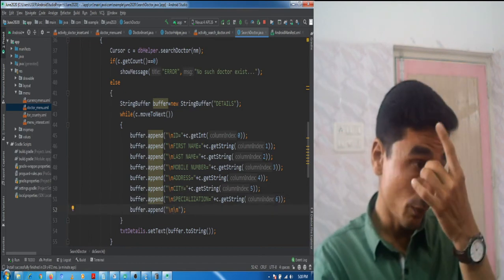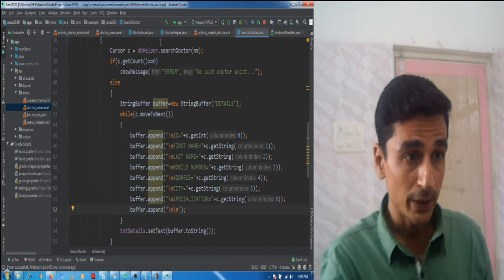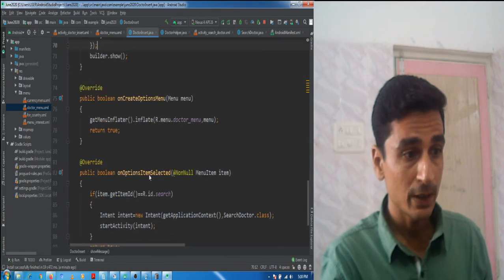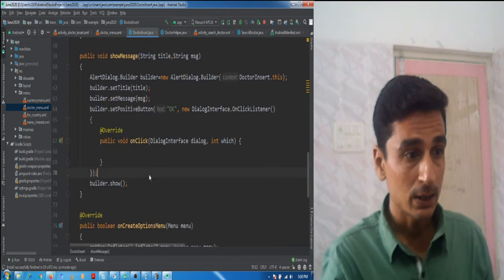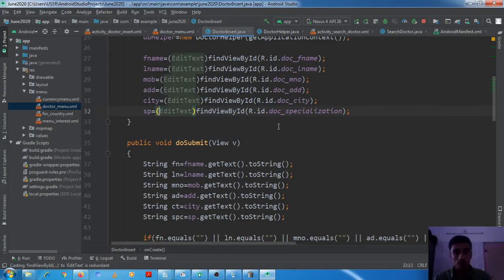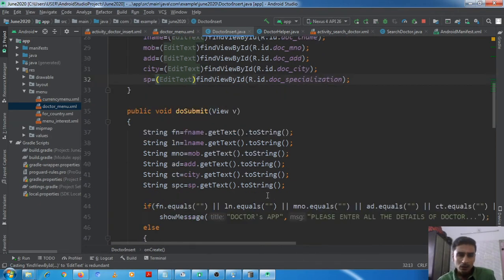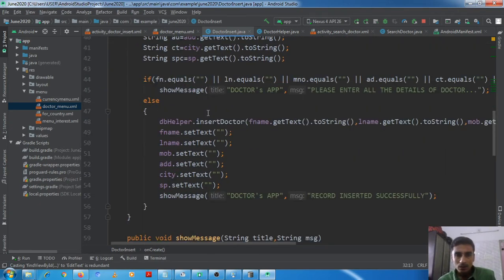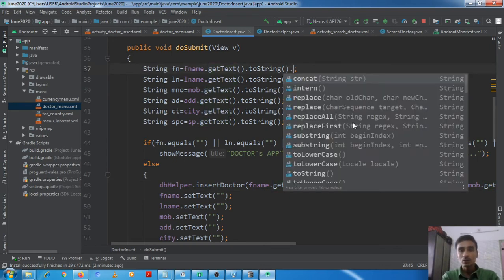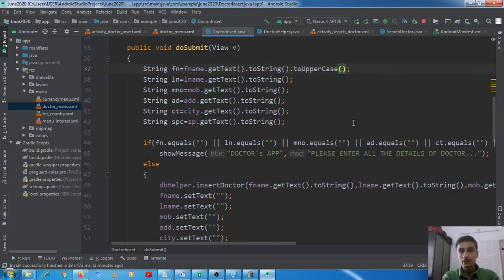Okay, so what should we do here? As I told you, in our insert, when the client is inserting a record, at that place, before inserting, we should write here dot to uppercase.